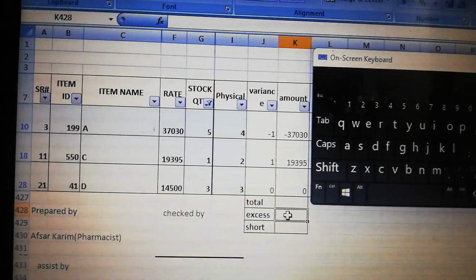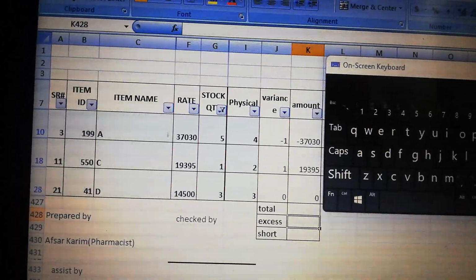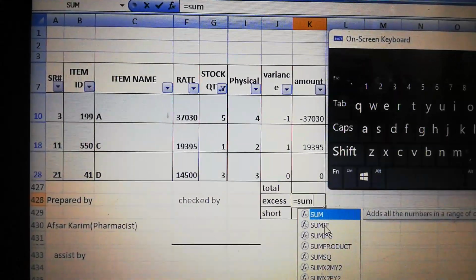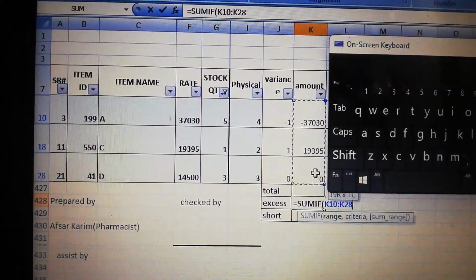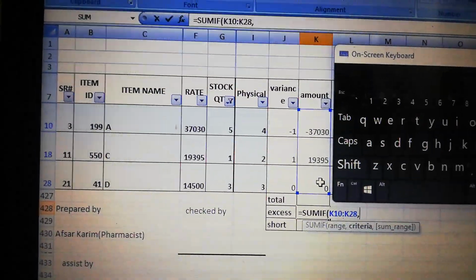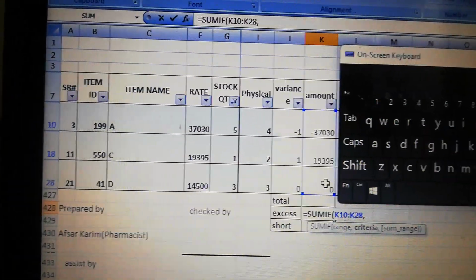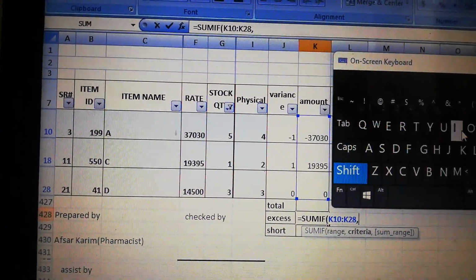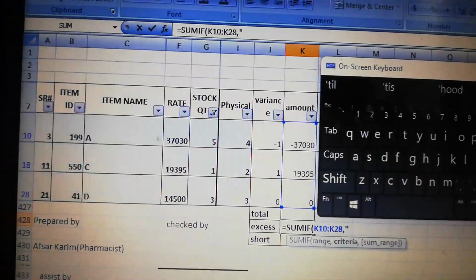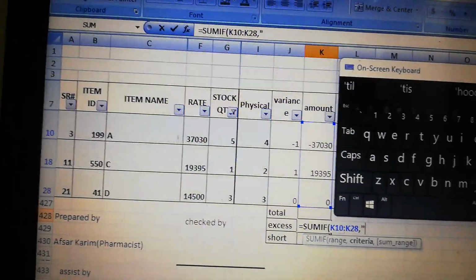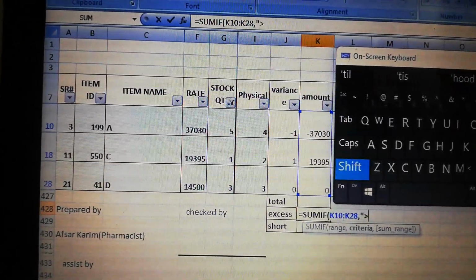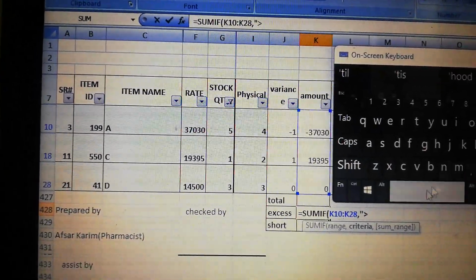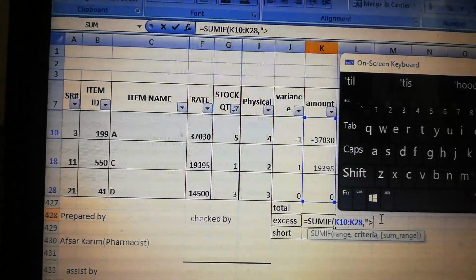For this, we just use click equal sign, then SUMIF. We use the SUMIF formula. Select all the range, comma, press shift and select the quotation mark, press shift and select greater than. As we have to find out the excess, we have to use greater than or equal to